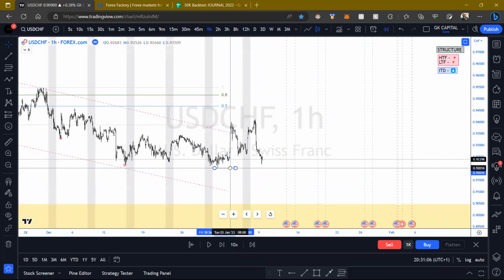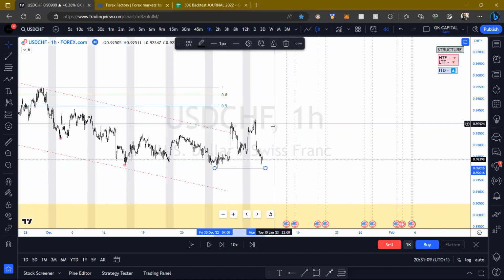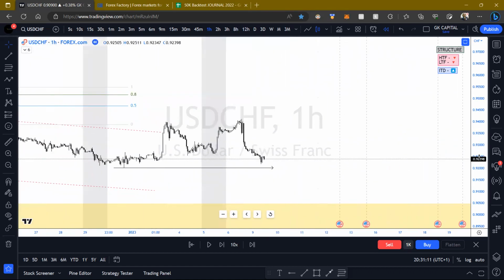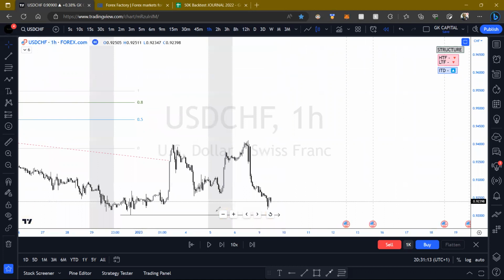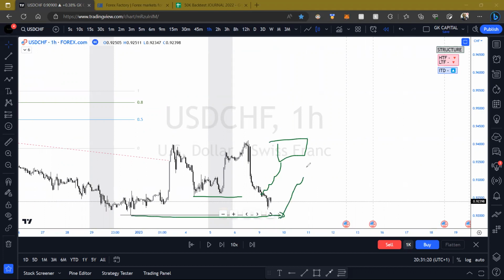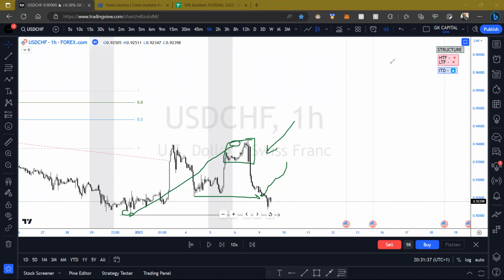And the reason being is because then that would tell me what sort of risk I can put on. So if it just did that and then we started to retrace back up, it would be a lower risk compared to if we now broke this and then we come up, it would be slightly higher risk because now this is what's maintaining the new leg. If we just did that and we come up, this is still what was maintaining that leg. So this would be a lower risk but a riskier trade, if that makes sense.